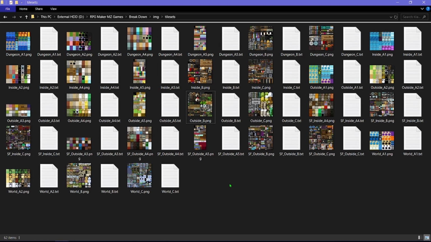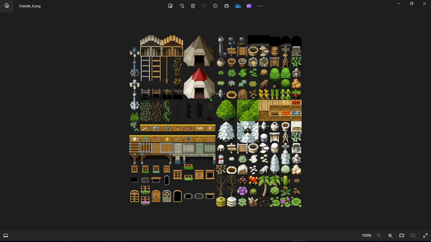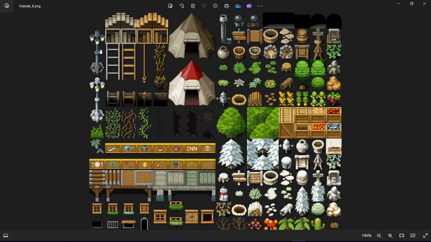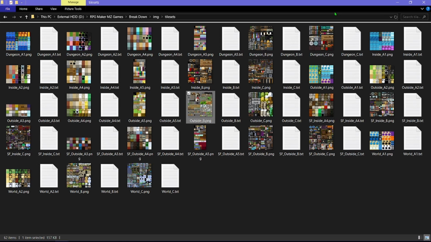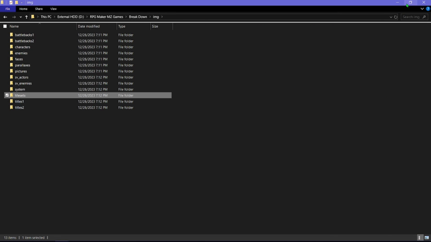If you get confused, something I always used to do is when I was going to take custom tiles from anyone or do my own, I would take where I want to do and I would copy this into my image editor of choice. I personally use GIMP, and I would copy this in there. And then when I wanted to save it into the system, I would add like F underscore outside B. So you would still maintain this original one, but you would have your own, so you could constantly go and compare the two and see how it all worked. But yeah,